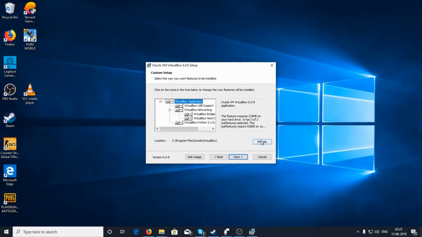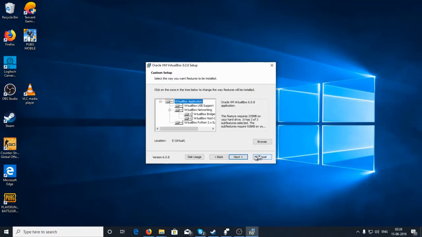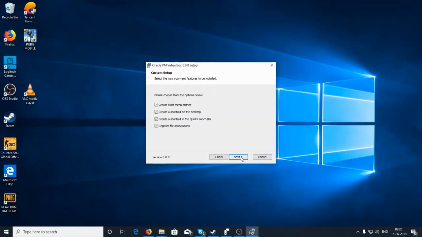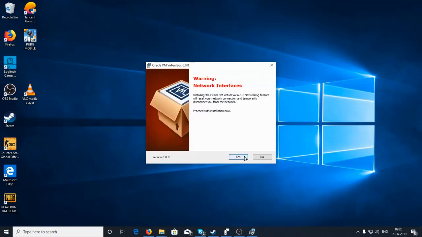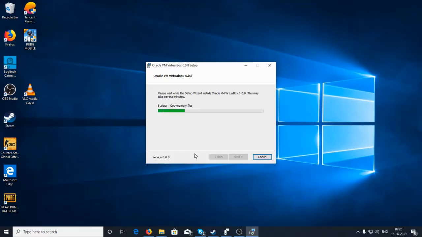Here you can see that there is a browse option if you want to install it in a different location. As I want to install in a different location, I am giving the path for it. Just click on OK, and here you can click on the next option. In the next option you will get whether you want to create a shortcut on your computer or not, and other settings. Just click on next, go with the basic settings. Once you click on yes, click on the install button, and it's gonna install the whole VirtualBox,